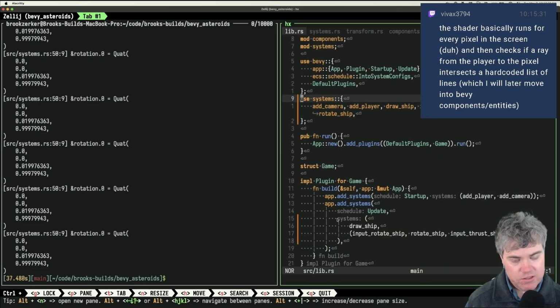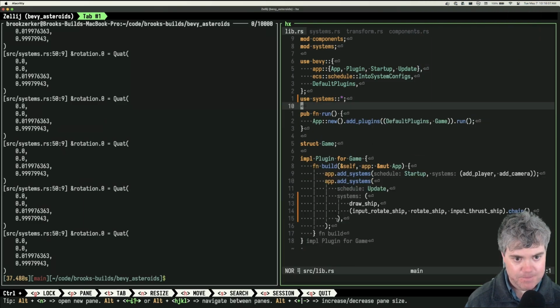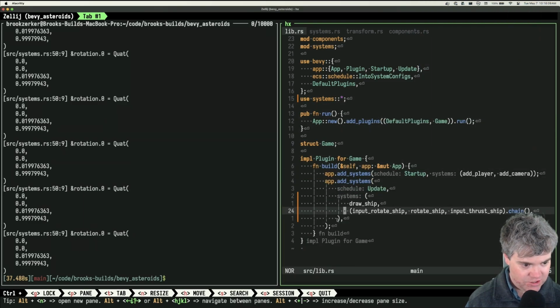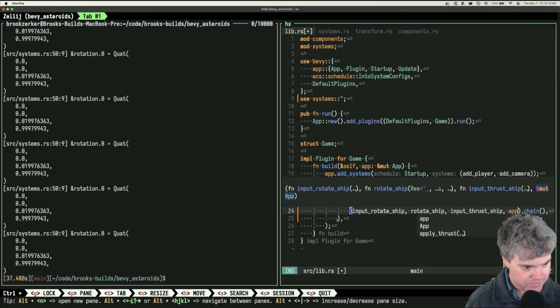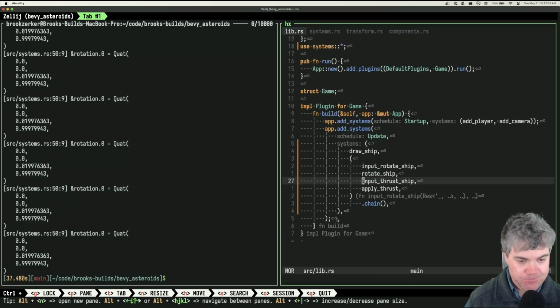Now I kind of wonder, use systems, everything is just in here. So I kind of want to just change this to be a star. And then I can just start using these here, which is a little bit, I mean, I can see an argument for not using a star in that position. Okay. So we have build, add systems. Okay, so we have that, blah blah blah.